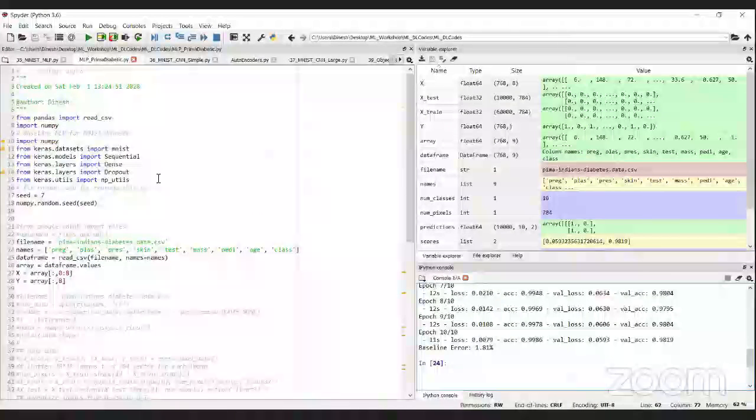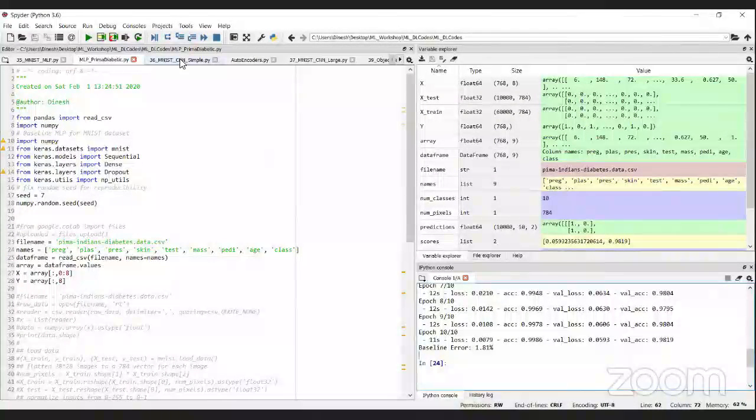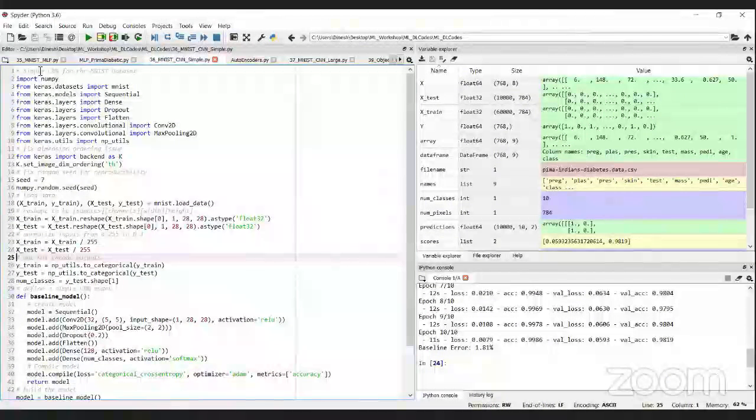Clear? So now let us try to see how to implement the CNNs. Again, I have taken the same problem. I have taken the MNIST data set, the handwritten numeral data. It is exactly similar to the first one, but in this case, instead of using the conventional neural network, I will be using the CNN for solving this problem.